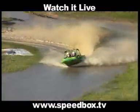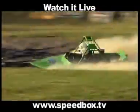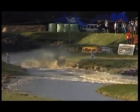Is it going to be fast enough? There's only tenths in it, or hundredths in it between these two. But there's all important championship points on the line here. This is the Jet Pro Lights, the introductory class to the sport of jet sprinting in New Zealand. You're watching the grand final of round 1 of the Parker NZ Championship, coming to you from the Shelterview racetrack at Wanganui, heading down towards the finish line now. They're the first to go. They've posted the time,